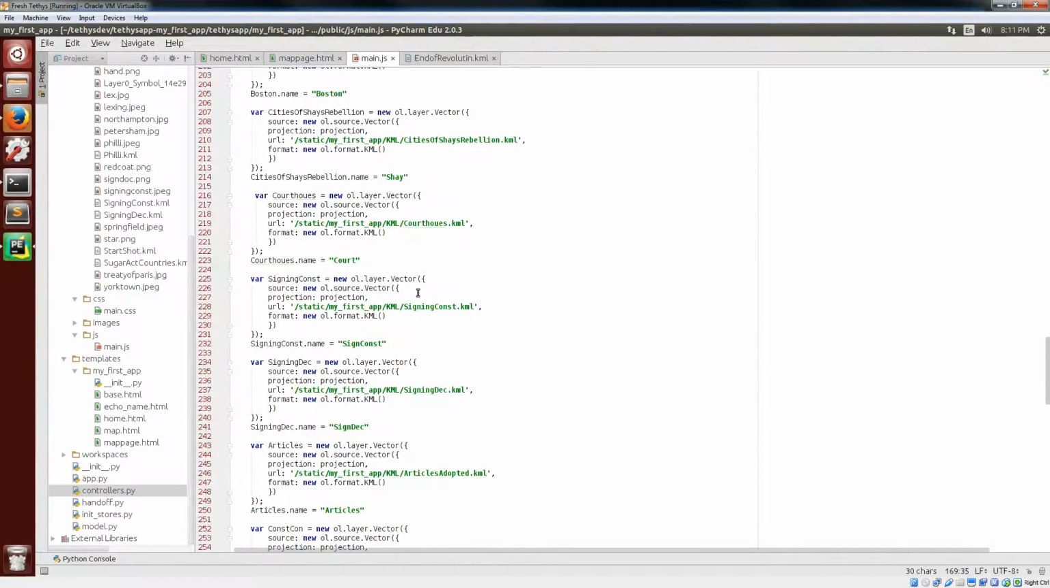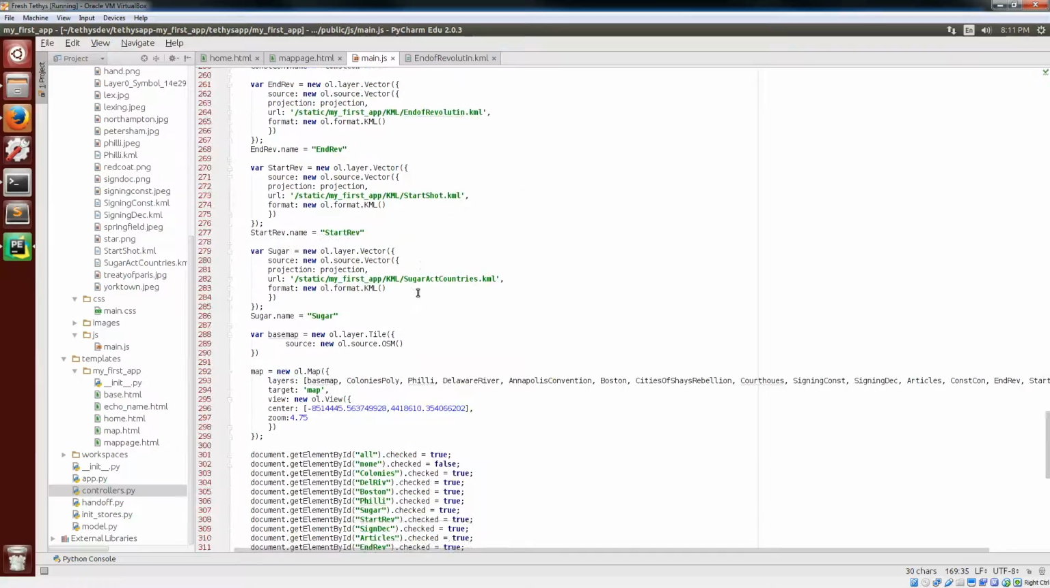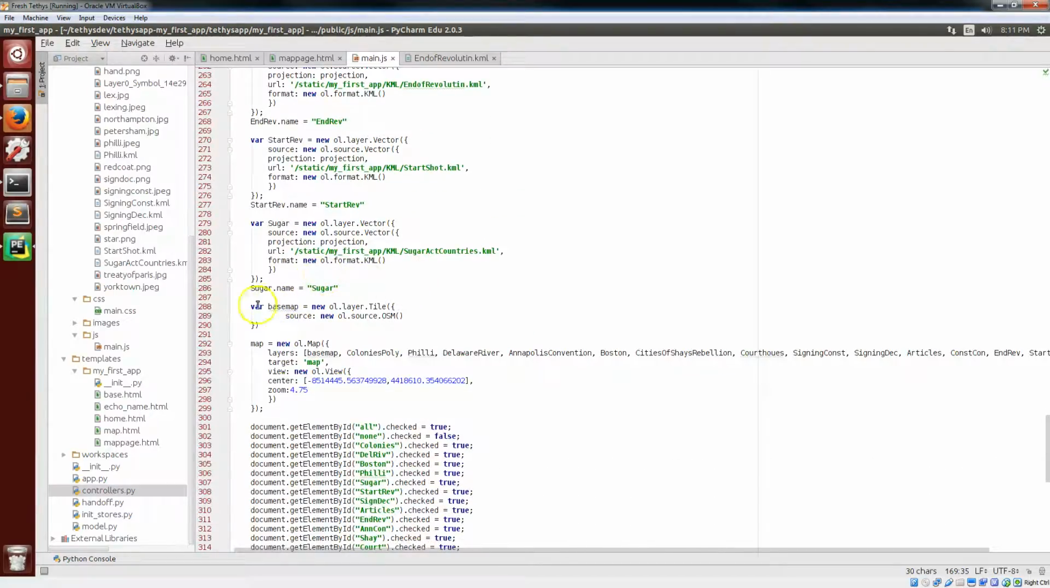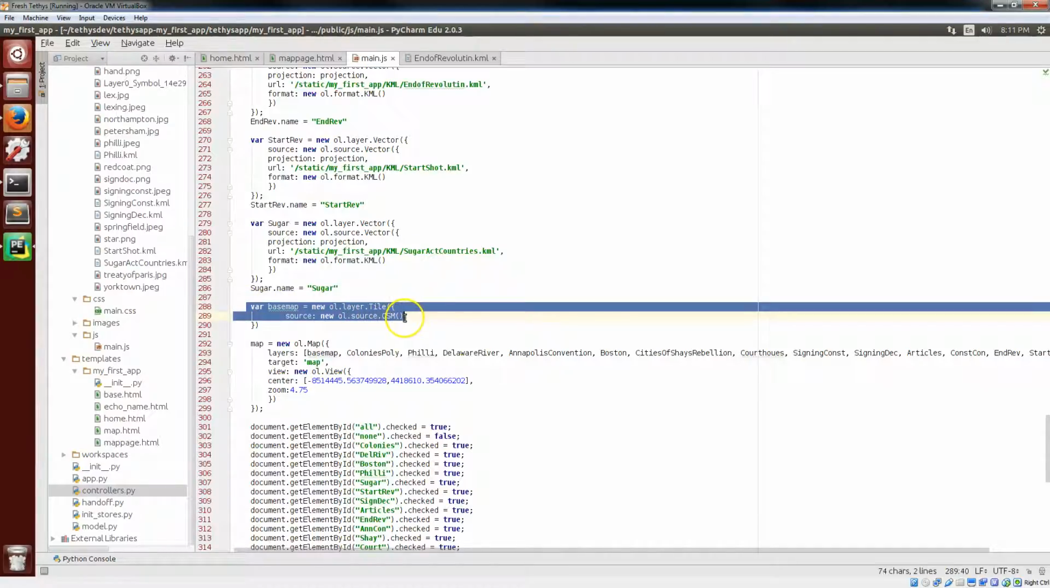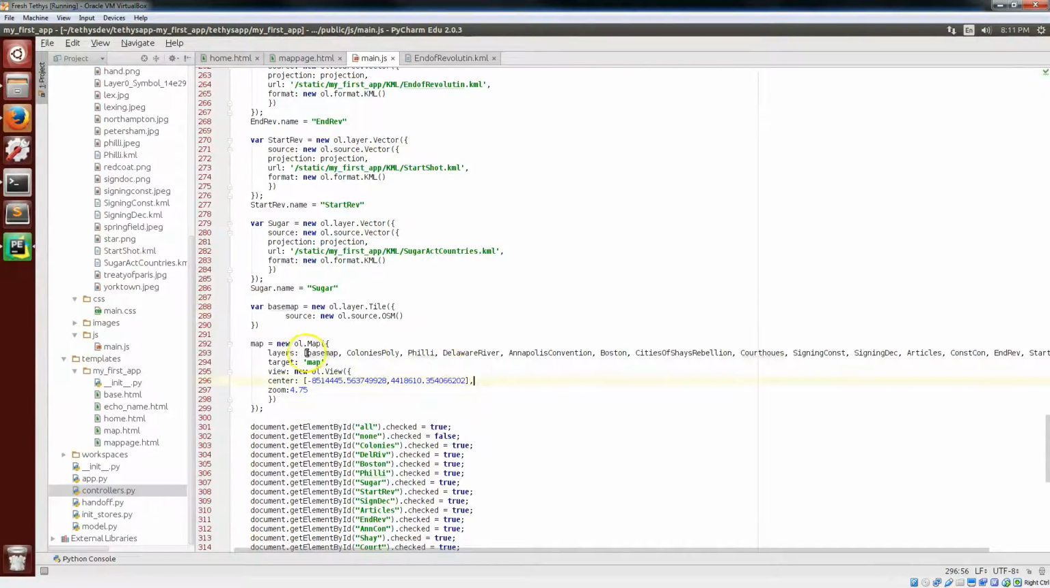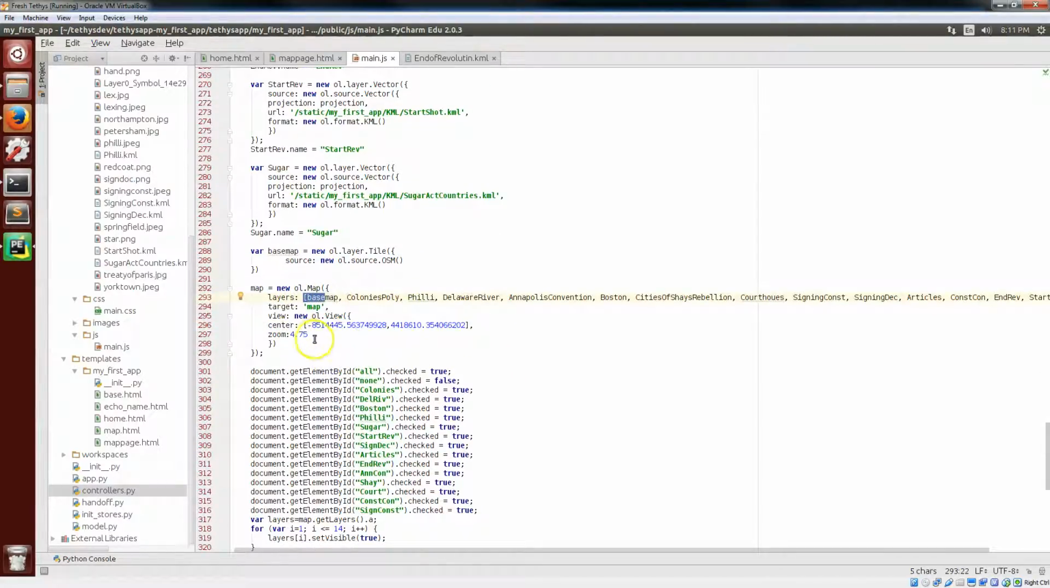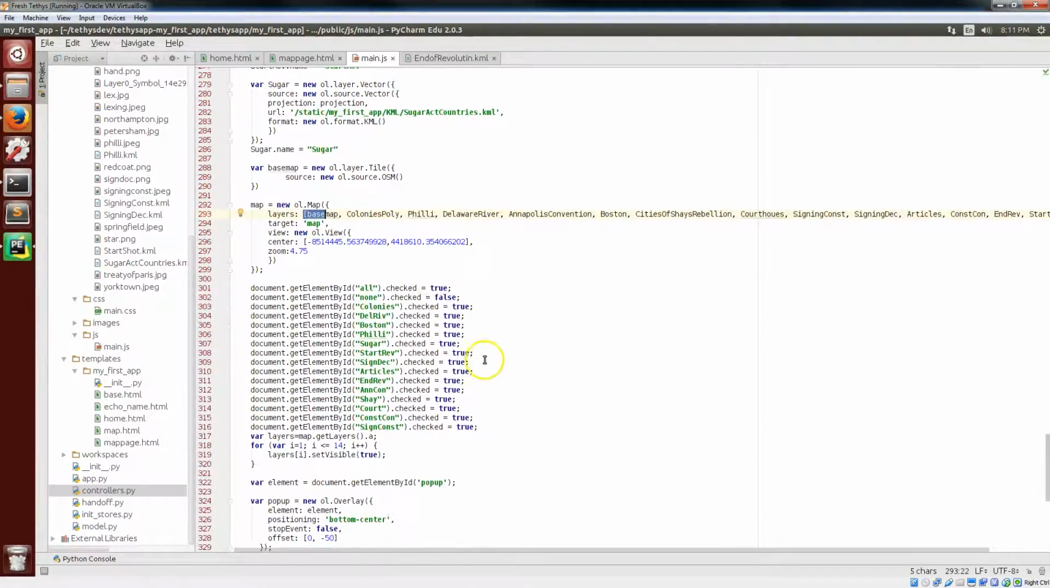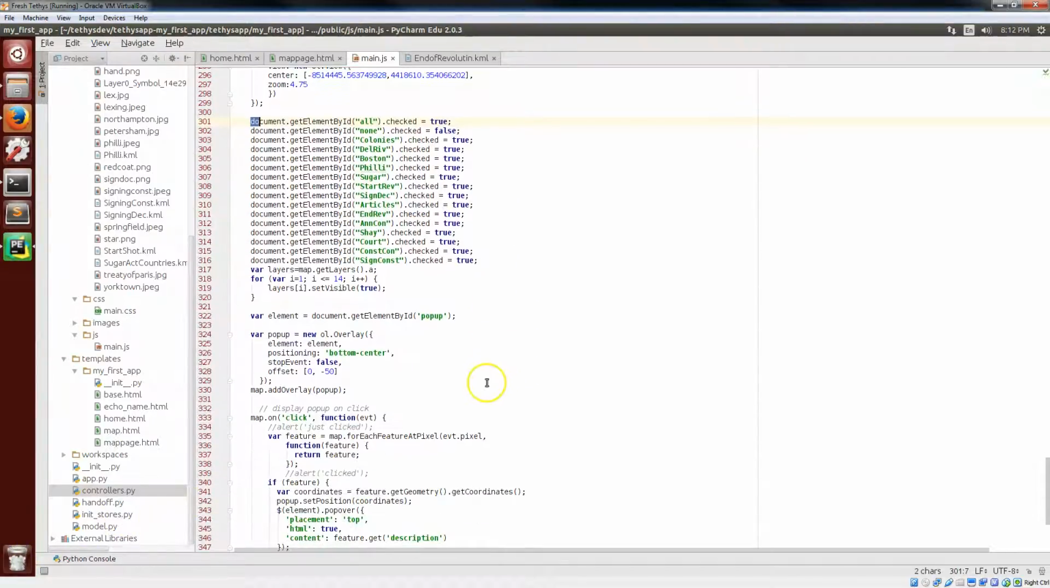So once we get through all the KML files, a few of them, we get down to the creation of our map, which we've used in an OpenLayers source map. We've defined our variables here, and we have put in our initial center coordinates and the zoom that we wish to have. Right here is how we wanted our checkboxes to be configured whenever the page initially opened, with all of them being true except for the no, so all the layers are visible. The next step in this function is our pop-up creation